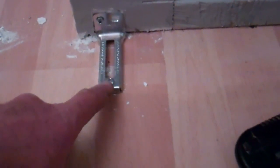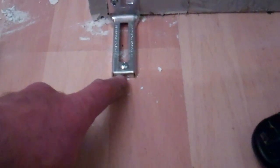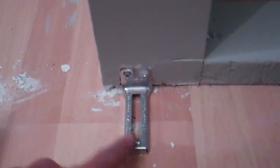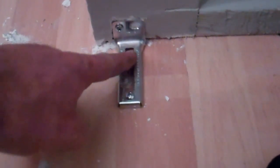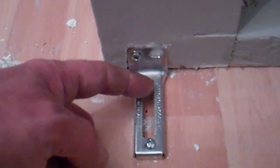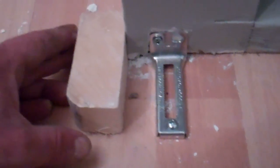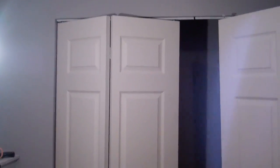So I cut away a little excess there, and that jam bracket's in place. I got it screwed down. I used the small screw that was in the package for this hole. It doesn't really specify, but it's laminate flooring, so I didn't really have very far to go because there's concrete under the laminate. Small screw there, big one there. Looks pretty much straight, so when I adjust the bottom of the door, it'll come in and out on these grooves here. The bottom adjustment for the fixed part of the door will set in here, move out, keep a little something for a guide there, and that looks pretty much like it's straight out at the bottom, so that's in place. So at this point I have the left side bifold door installed,